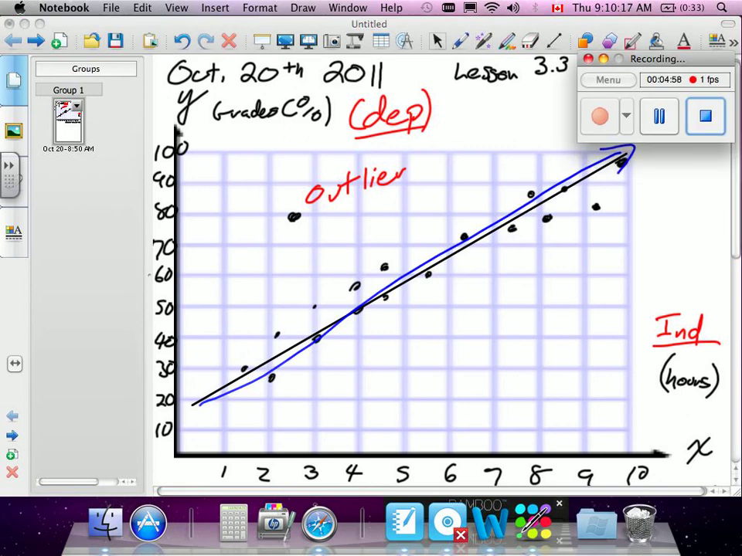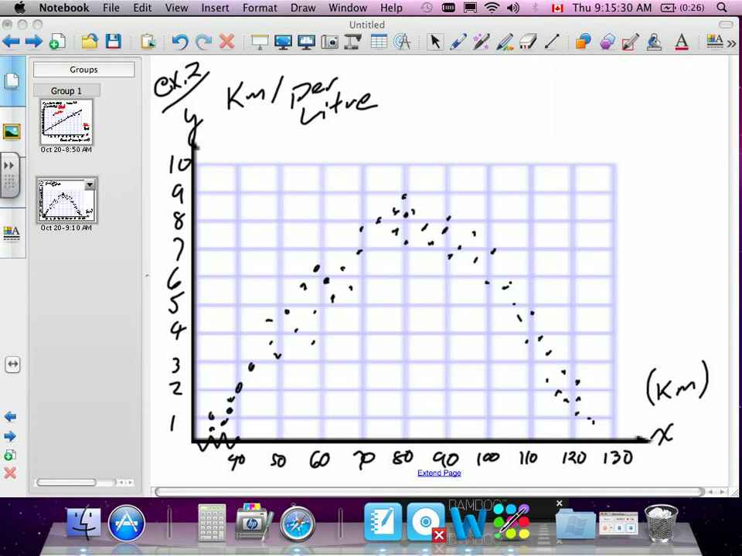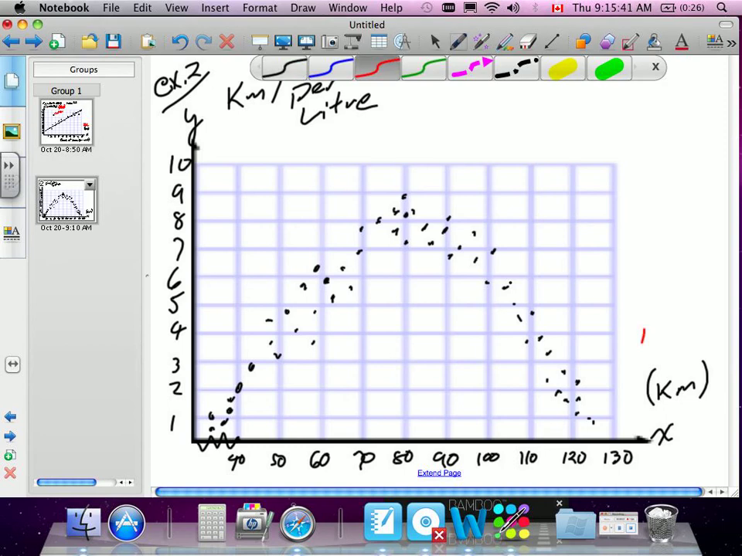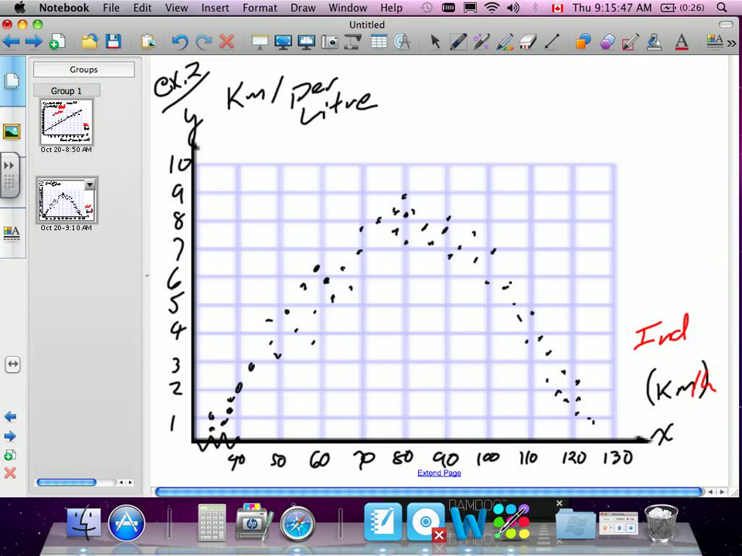Okay, example 2. This is a graph of fuel consumption on a car. On our x-axis, we have the independent variable, kilometers per hour. So this is how fast we're going, our speed in the vehicle. And on our y-axis, we have your distance per liter. So this is how many kilometers you travel per liter of gas in your car, depending on your